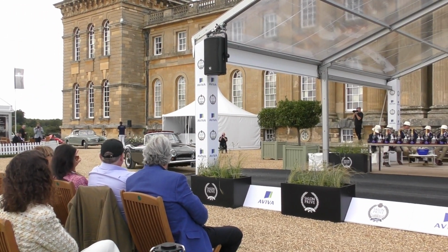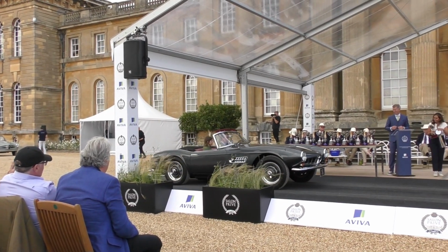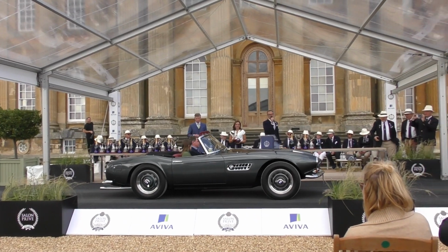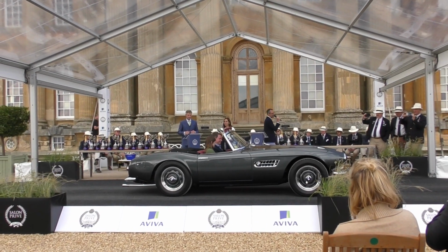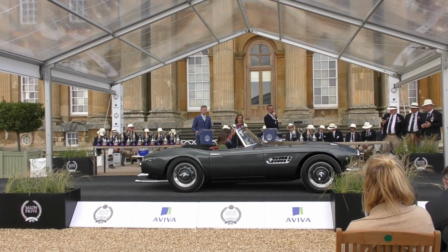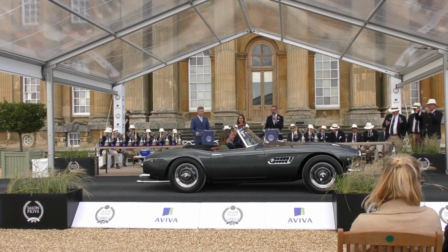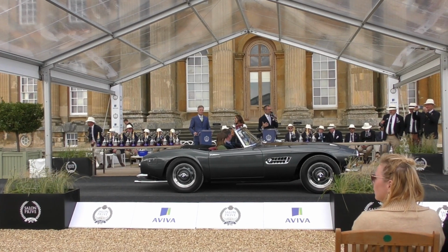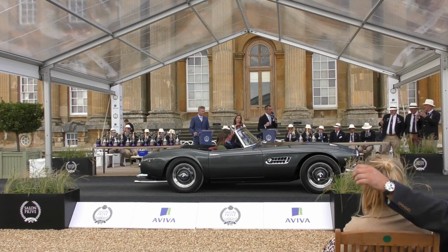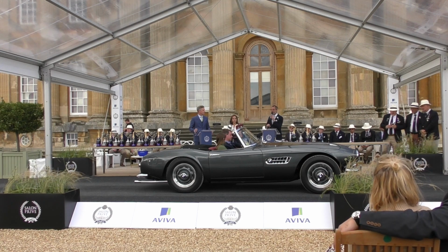507. Still in the post-war open class. Now, isn't this magnificent? The 507 was an effort by BMW to break into the American market. Think of the 1950s, BMW didn't have a sporty car that they could sell to the US market, and it was Max Hoffman who convinced the board of BMW to make something sporty, and they designed something specifically for him